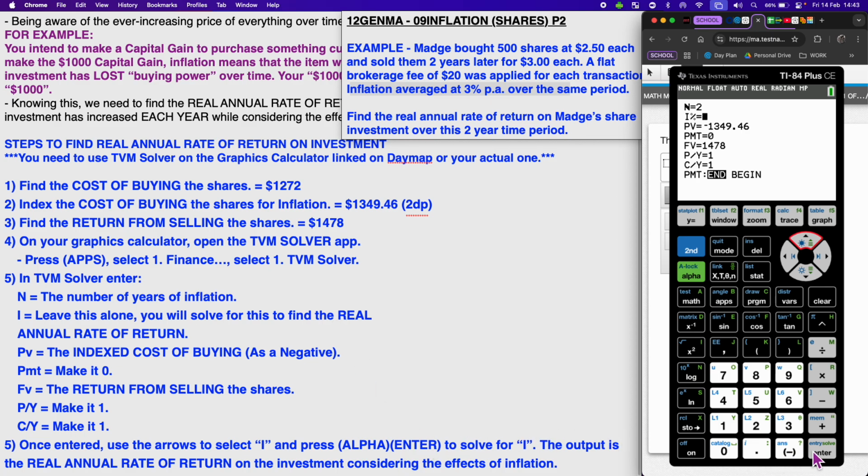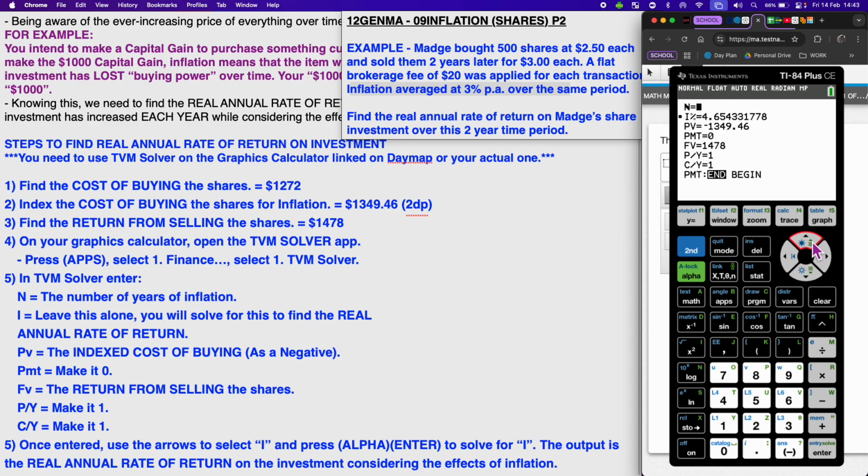Can you guys on your calculator, on the enter button, can you see it says solve on the enter button? What color does it say solve? Green. So how do I access the green functions on the calculator? You press alpha. That's why you press alpha enter. So if you press alpha enter while you've highlighted I, it tells the calculator, can you please solve for I